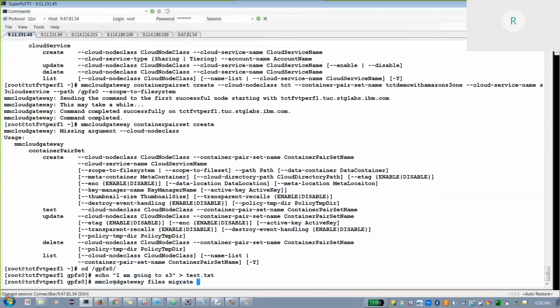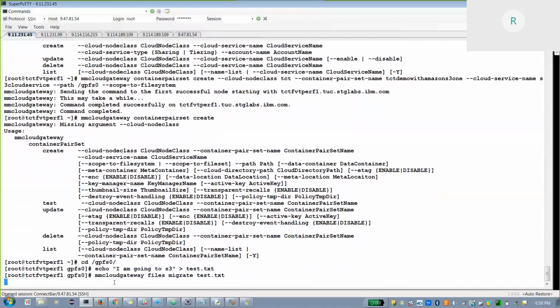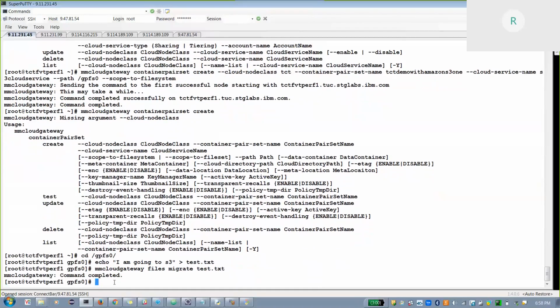So here is a command which is used to migrate files. cloud gateway files migrate test.txt. So the file is migrated, and we can check the status of the file using